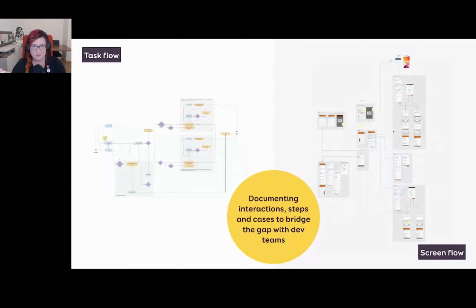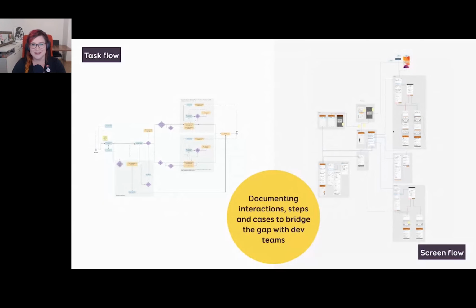So I usually build some kind of prototypes for usability testing, and this is done in Axure, but you can use whatever prototyping tool you like. I usually attach those to the Jira ticket because it helps me communicate how it's going to interact, and I can also communicate the different types of interaction and animation with that.